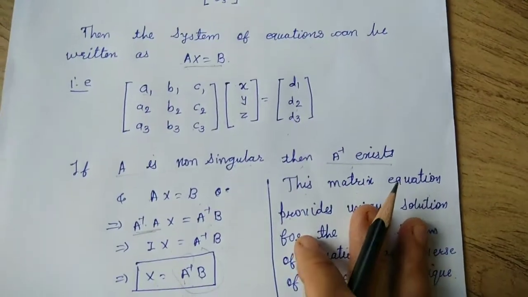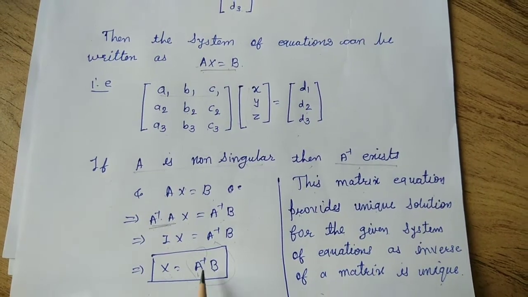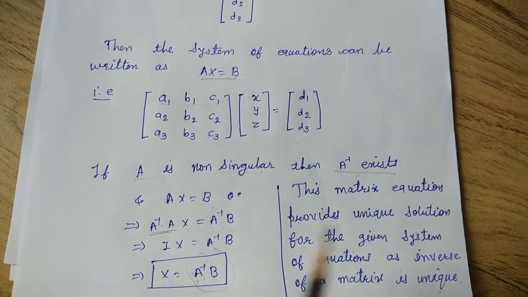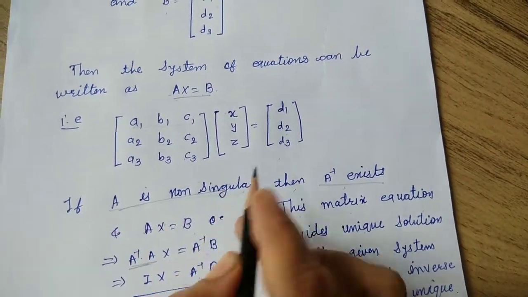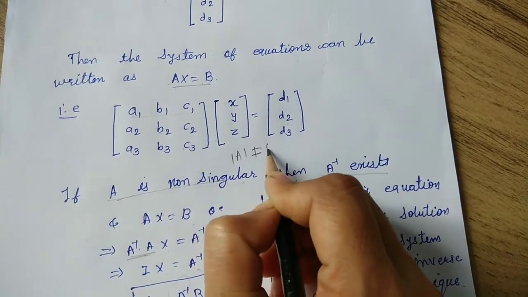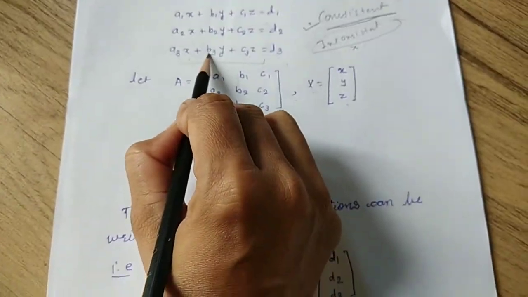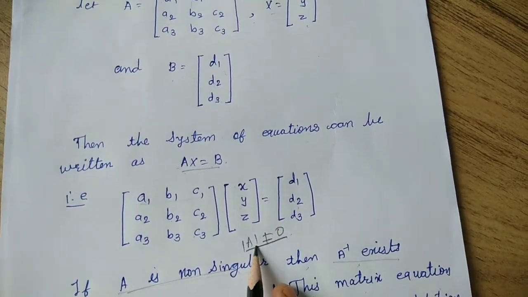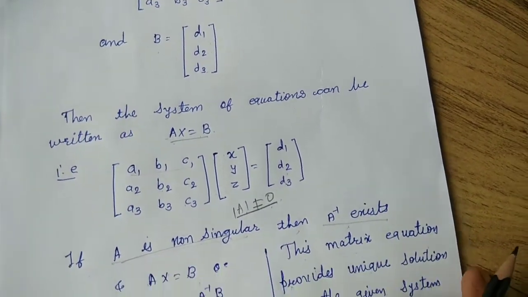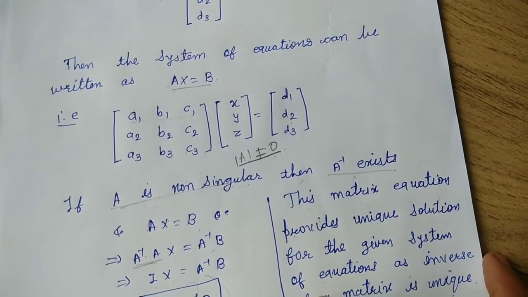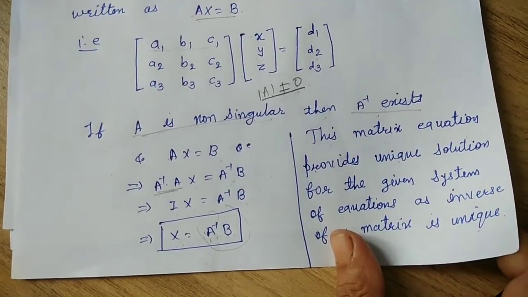So consistency means that it has a unique solution. And when will you get a unique solution? When A inverse exists, so X = A inverse B. And A inverse exists when A is non-singular, that means determinant of A is not equal to 0. So whenever we have a system of linear equations, first we will check that determinant of A is not equal to 0. If it is not equal to 0, then you get the unique solution for the given system of linear equations. So this is the concept to solve the matrix equation.